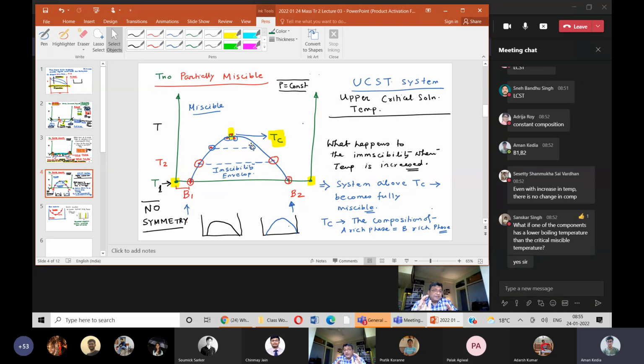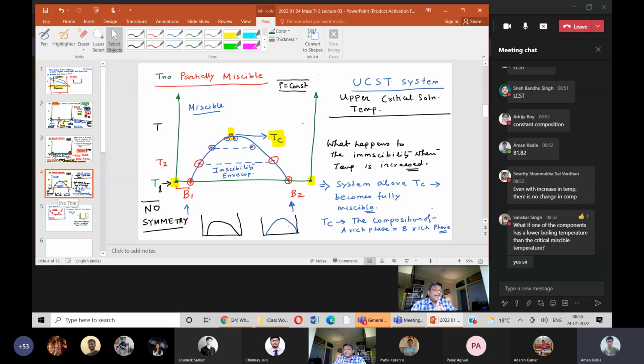Okay. Theoretically, we can have any type of system. We can also have a system which initially shows LCST, then at a higher temperature it shows UCST. It is good to think about all this, but you need to know real good chemistry if you want to come up with evidence of such systems. Is it clear to you? It's a good question, but you need to understand, you got a little carried away. I'm sure you are enjoying the discussion. That's why all these very, very clever questions are coming up.